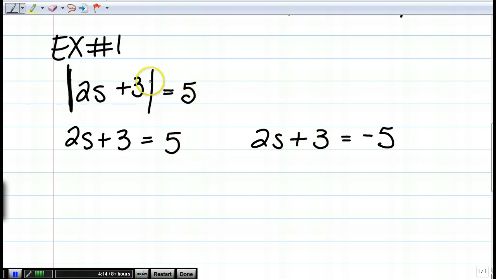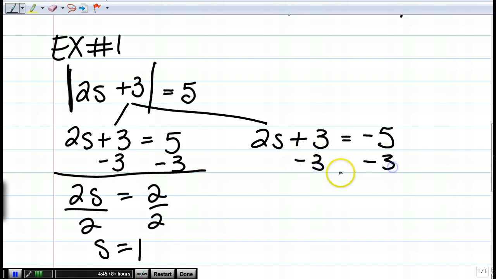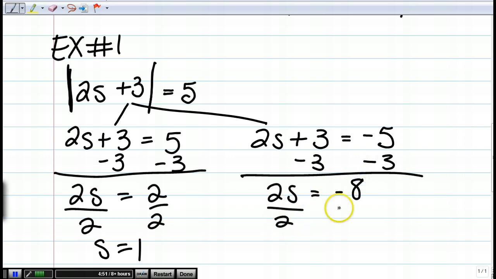And before you start to solve this, you always want to make sure that you have the absolute values by themselves. So the first couple ones that I do, they will be by themselves, and then I'll show you one that doesn't look like that. So you can solve this into 2 different equations, and you would just solve them algebraically. You would subtract 3. You'd have 2s equals 2, divide by 2, s equals 1. Come over here, subtract 3. You have 2s equals -8, divide by 2,